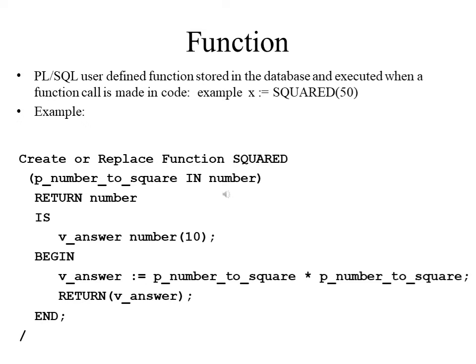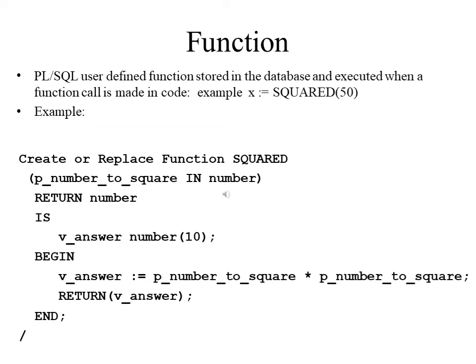Creating functions: a standalone function is created using the CREATE FUNCTION statement. The simplified syntax for the create statement is as follows. CREATE OR REPLACE FUNCTION square (p_number_to_square IN NUMBER) RETURN NUMBER IS v_answer NUMBER(10); BEGIN v_answer := p_number_to_square * p_number_to_square; RETURN v_answer; END;